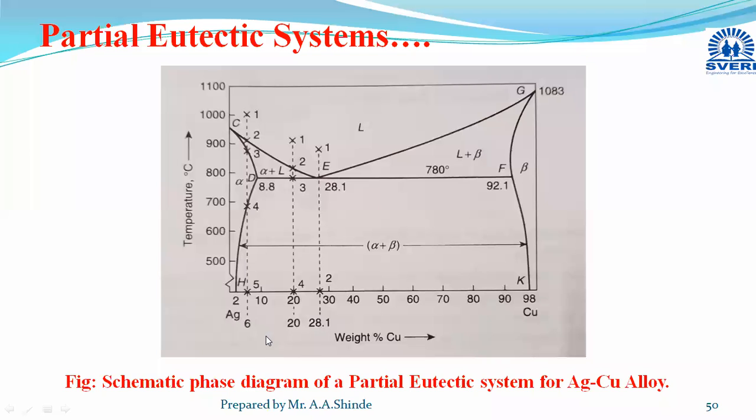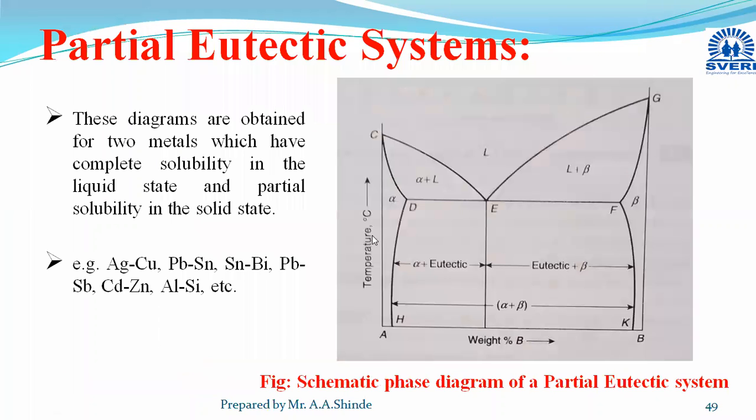You can draw this diagram and consider one curve here, one curve here, and one curve here, and you can assume the composition X%, Y%. Here you just have to mention, suppose you have assumed Z%, then suffix E for the eutectic composition.